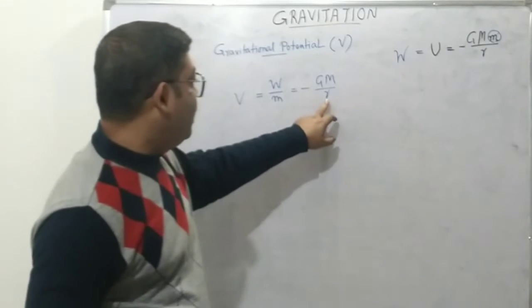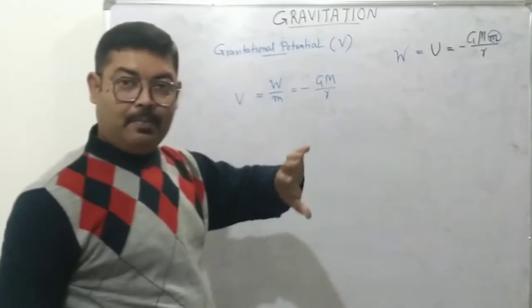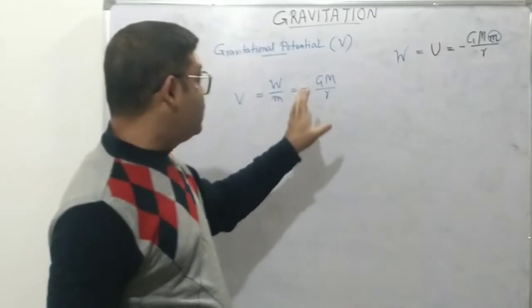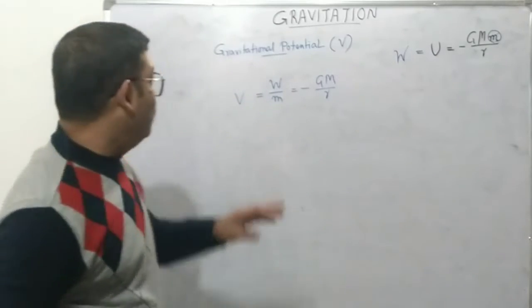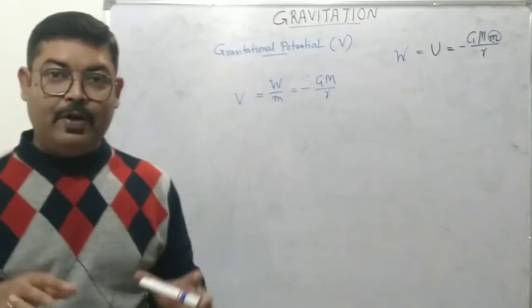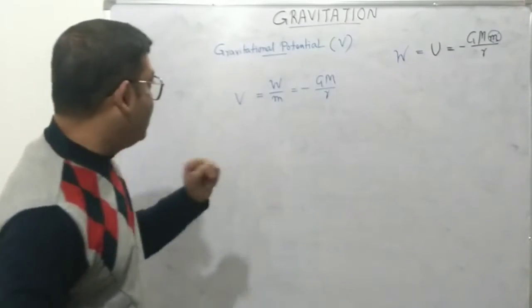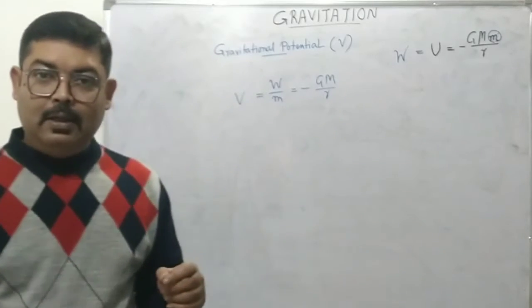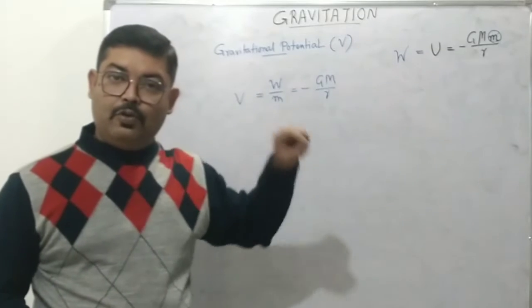Which particular point? A point at a distance of r from the center of the massive object in which gravitational field we have put the unit mass. So this is work done per unit mass. So gravitational potential by definition can be defined two ways. Number one is that it is the work done in bringing a unit mass from infinity to that particular point